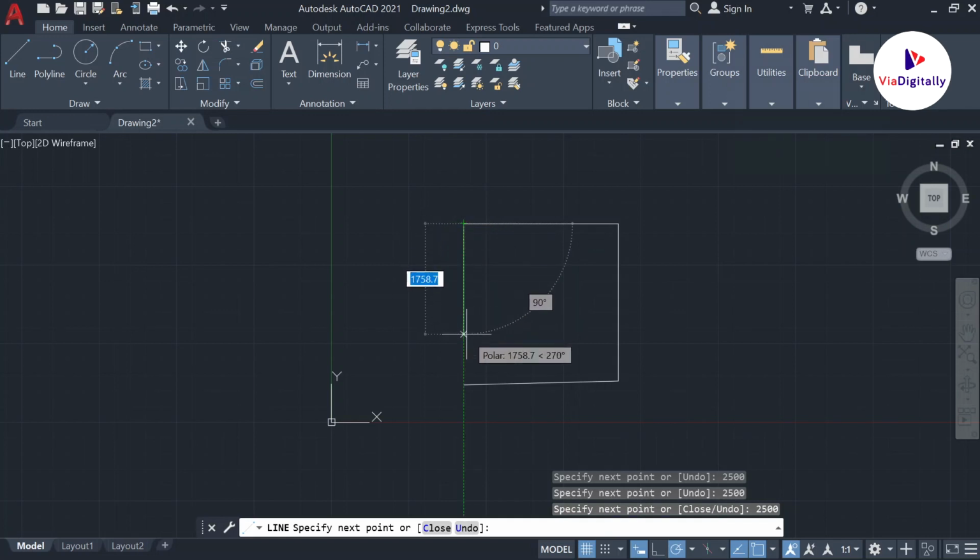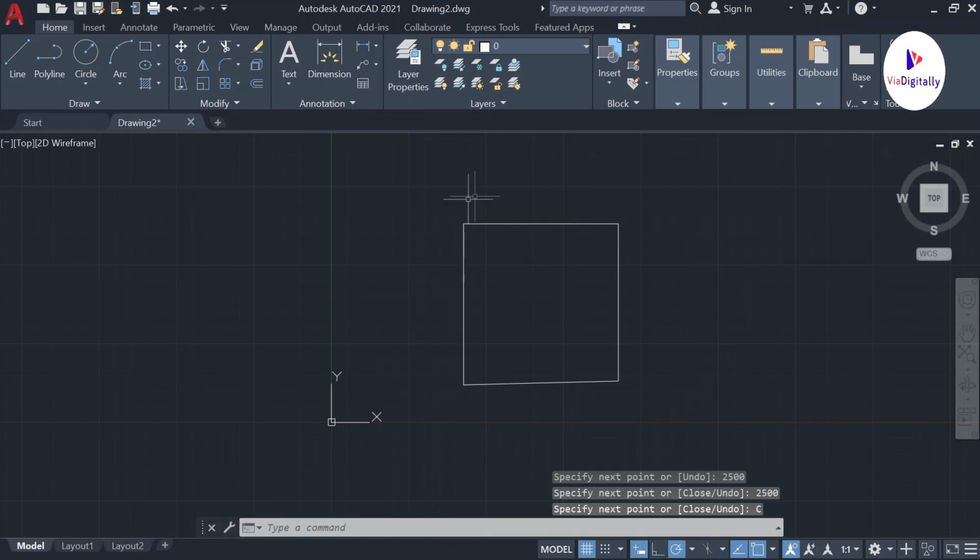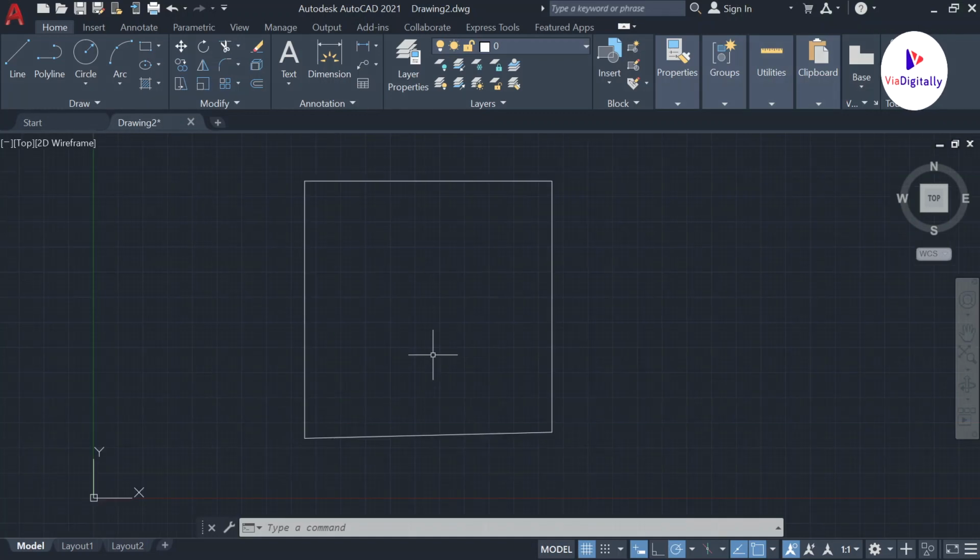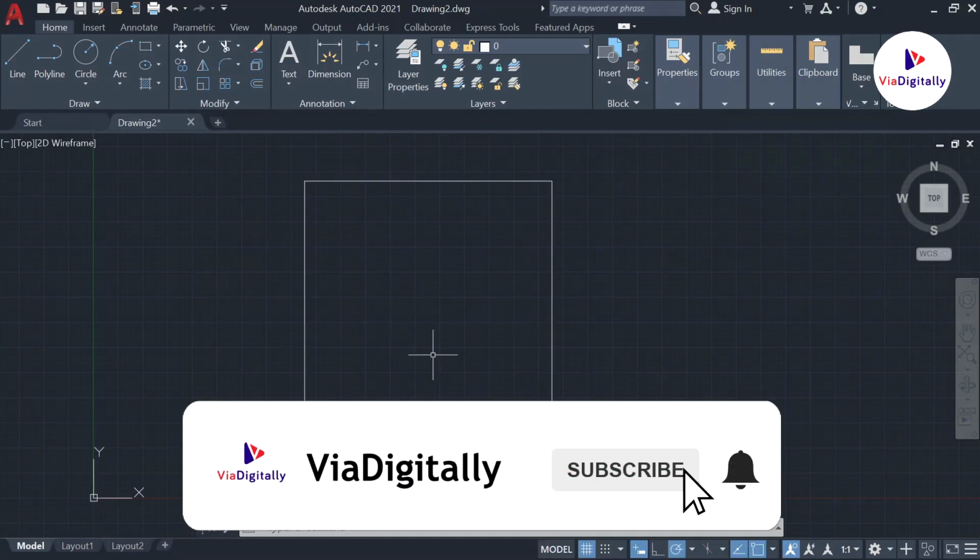And there is a command that AutoCAD has to make it easier for you to draw squares or any closed objects. Instead of clicking this, you can simply use this close. You can simply click this close. That AutoCAD command will close the object that you have drawn, which is nothing but trying to join the start point and the end point for you, and it will exit the line command. So this is how you can use the line command in the AutoCAD software.